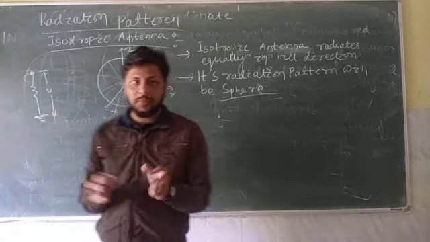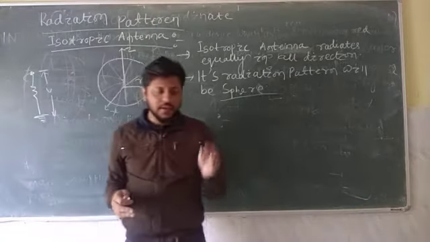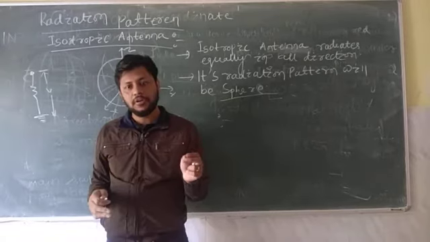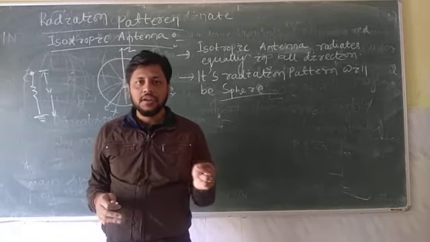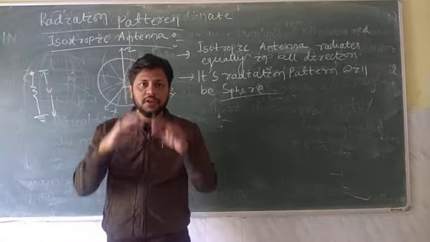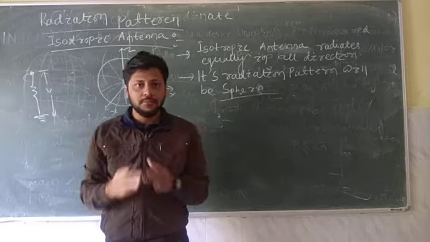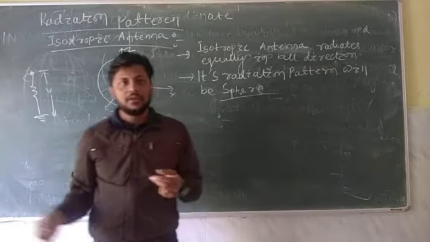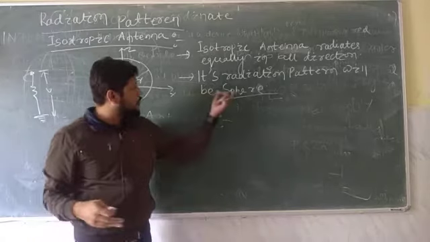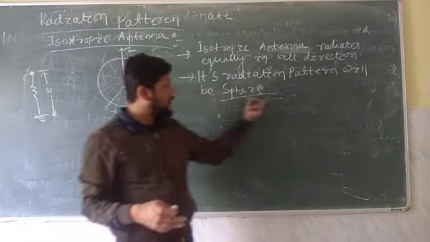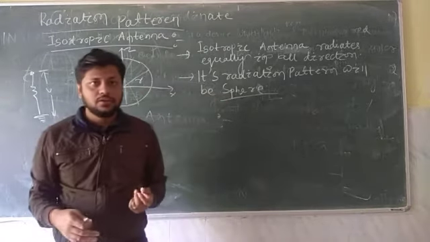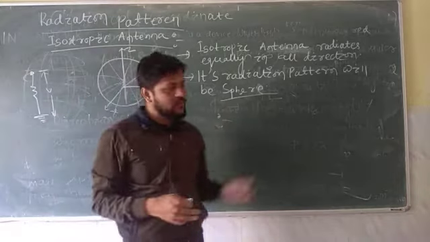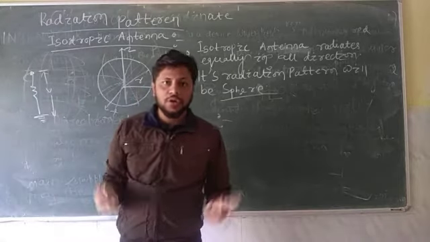Just now we have studied a sphere. Any distance from the center of the sphere is known as the radius. That is, the sphere is equally designed, its distance from the origin is equal, so its radiation pattern will be just like a sphere. So this is your isotropic antenna or a theoretical antenna.